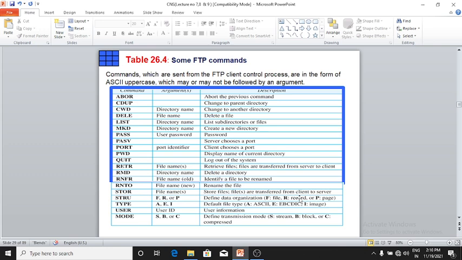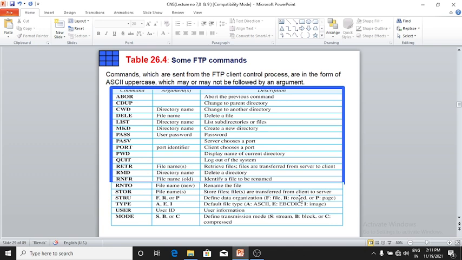Then QUIT logs out of the system. RETR with a file name retrieves the file, which is transferred from server to client. RMD with a directory name deletes the directory. RNFR with the old file name identifies the file to be renamed.